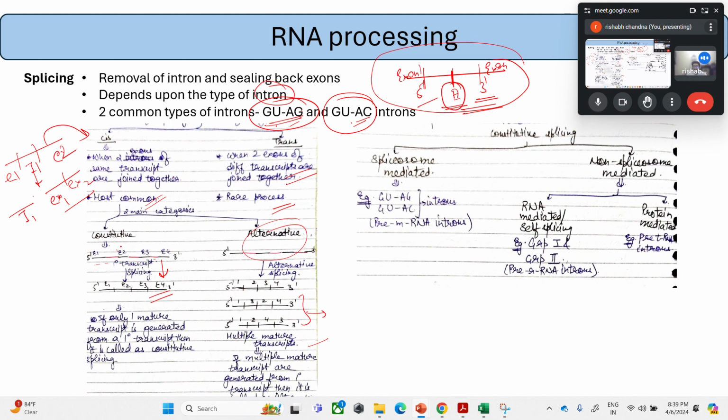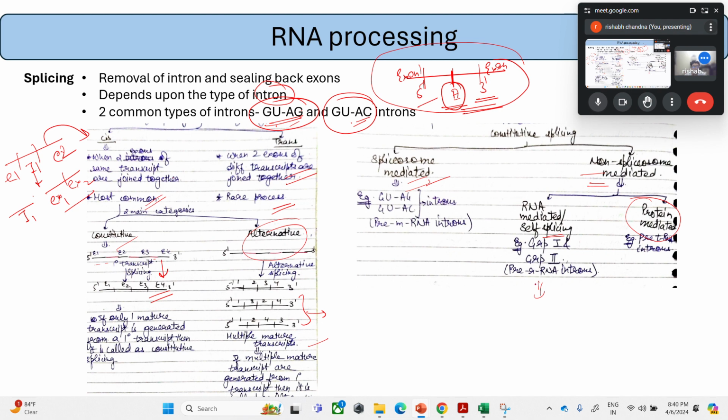Now, constitutive splicing is spliceosome mediated or non-spliceosome mediated. The spliceosome is a specific protein and RNA structure that is formed to remove the introns. Non-spliceosome mediated splicing uses self-splicing introns or protein-mediated mechanisms other than the spliceosome. The self-splicing introns, as we have studied in the ribozyme case, are the group 1 and group 2 introns, which are self-splicing in nature. They have the capability to remove themselves from the